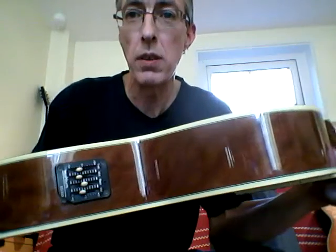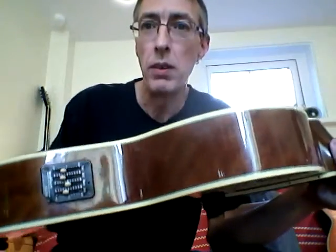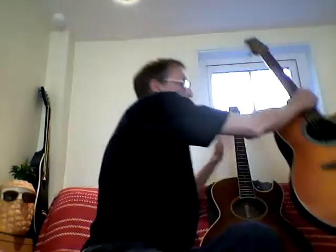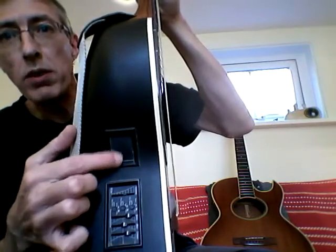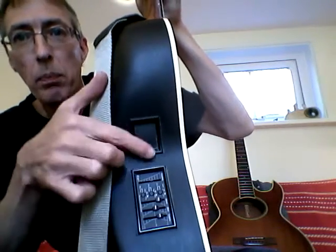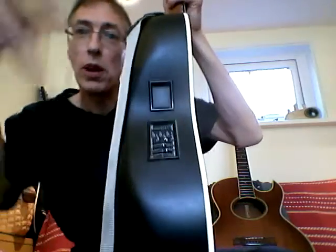The second thing, do you see where the battery compartment is? The nice big battery compartment. For example, look at my Ovation. See, there's the EQ, and there is the battery compartment. You just ping, and the battery comes out, and you just chuck a battery in, and you're all done within about 30 seconds if you do it really slowly. This thing,